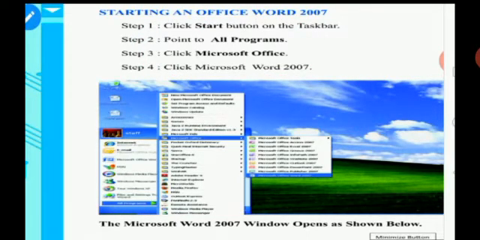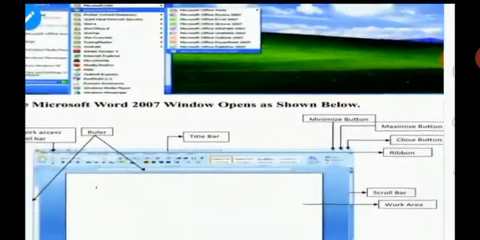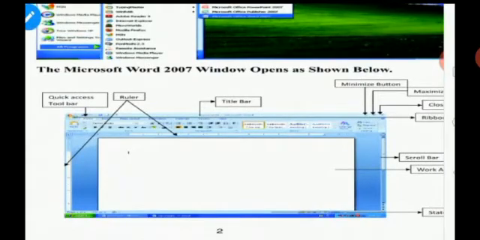Okay dear. Then you can see the window description. Could you see that window description? Yeah, this is the window when you open MS Word. So note it down. The first one is the quick access toolbar. Do you remember I told you about this in the earlier class, isn't it? The quick access toolbar can be easily customized by us. Whatever options we need, we can set into that. It is near the Microsoft Office button at the top, isn't it?